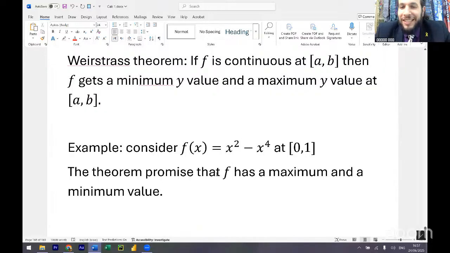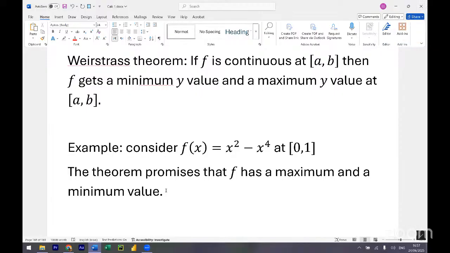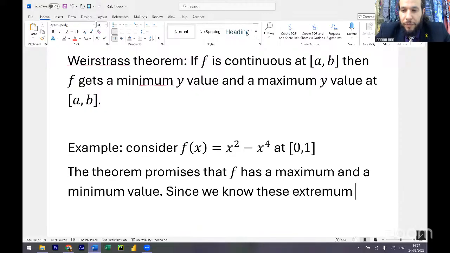The theorem promises that f has a maximum and a minimum value. How do we find these values? When the derivative is 0. That's it. So that actually would be the next theorem. You're correct. So let me say it like this. Since we know these extrema exist, we wonder